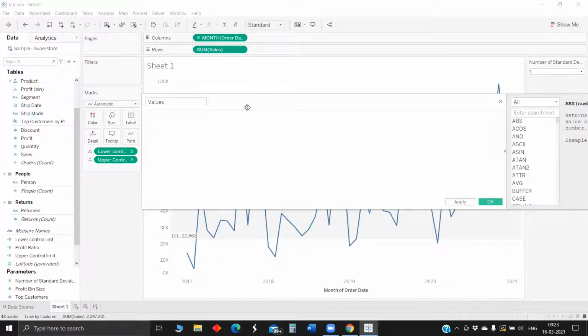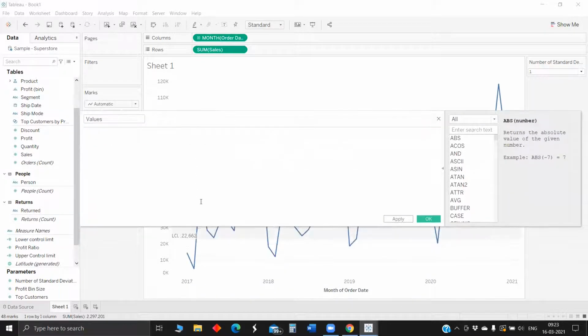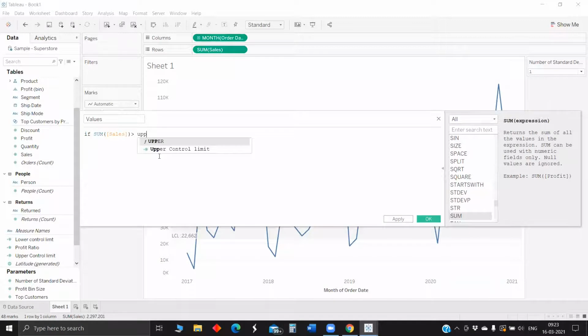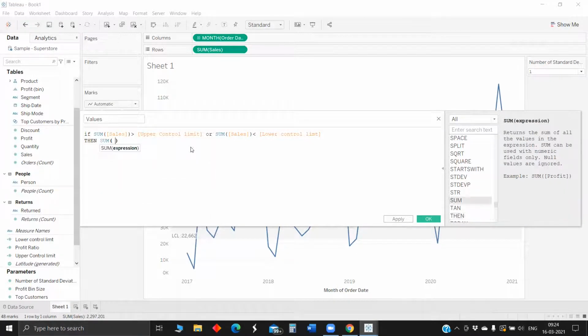We have to write a conditional statement: if sum of sales is greater than the upper control limit or if sum of sales is less than the lower control limit, then give me the sum of sales. That way we get only those filtered data points.